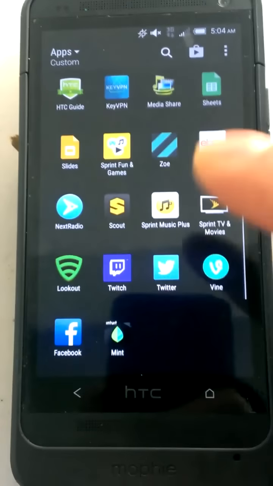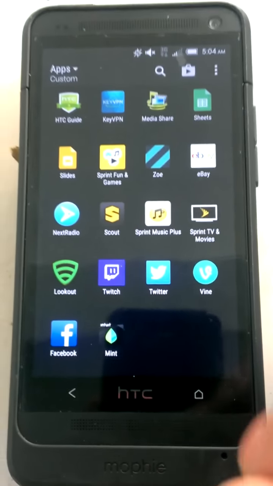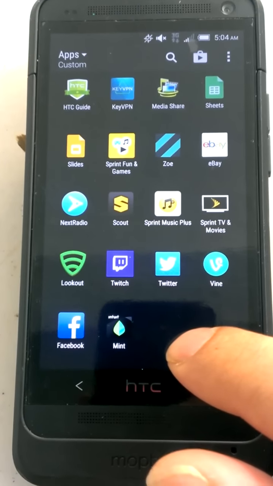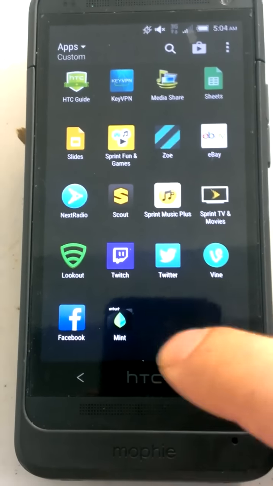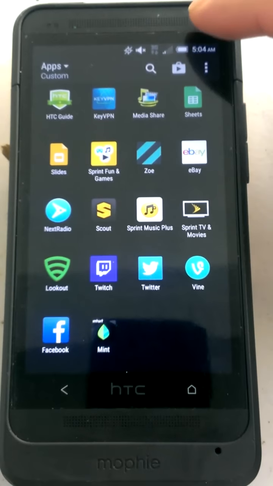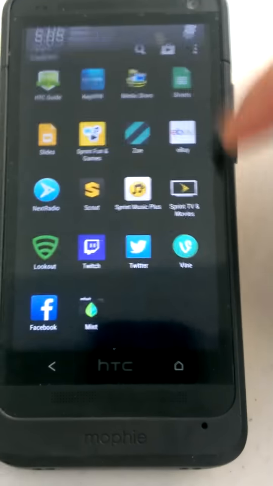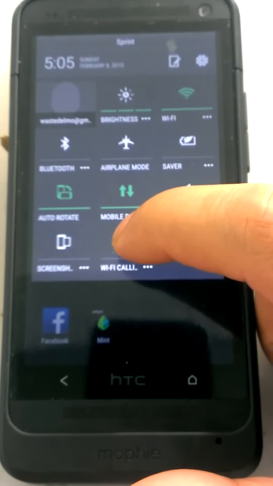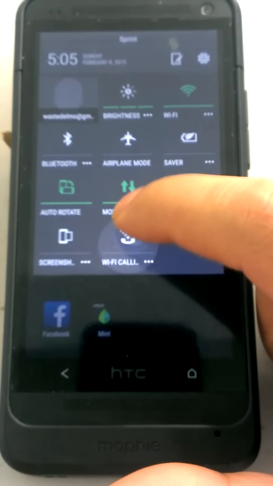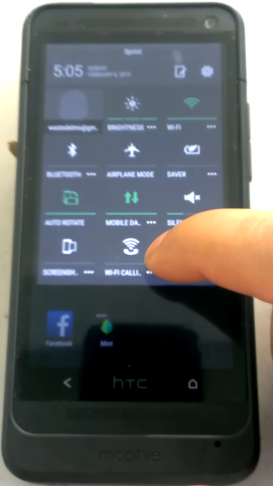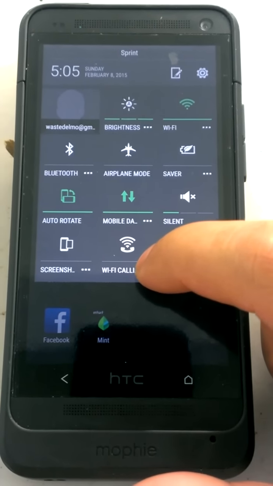So let's go through those icons. As you can see, in the other video, I had an icon called Wi-Fi Calling. That icon is no longer here. Now, if I drop down the menu, do keep in mind that the menu bar now takes two pulls: one pull for the notifications, the other for the settings. Wi-Fi calling is here, but if I push it, it just pulsates. Nothing really happens. Now, if I click the sidebar menu for it, the sub menu for it,